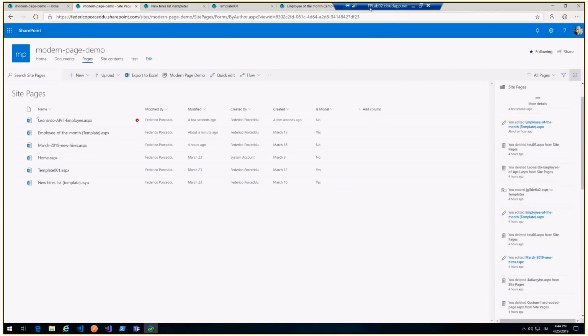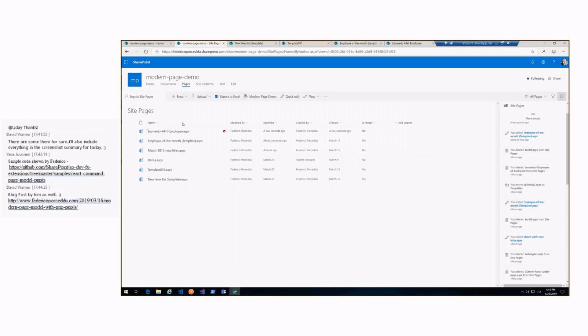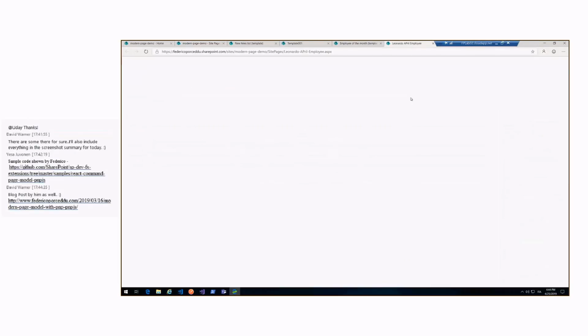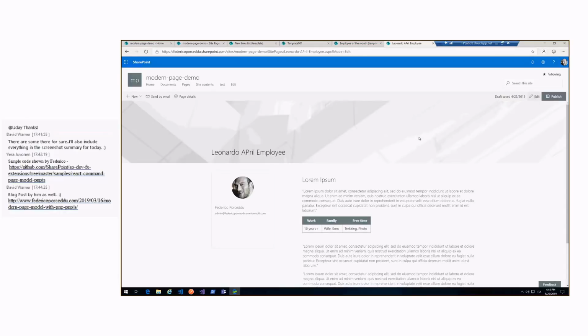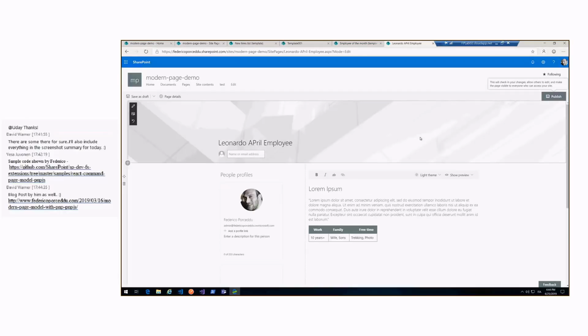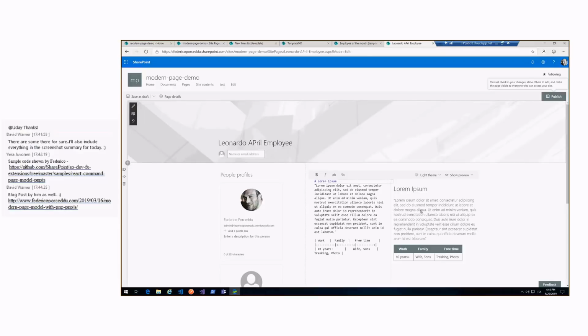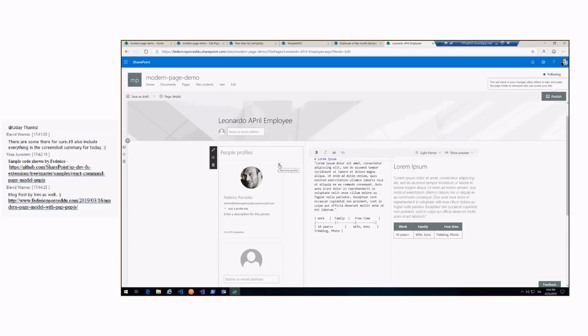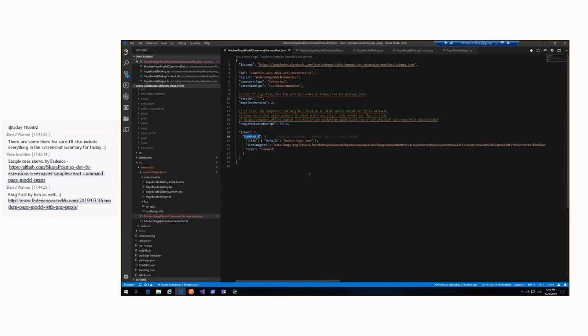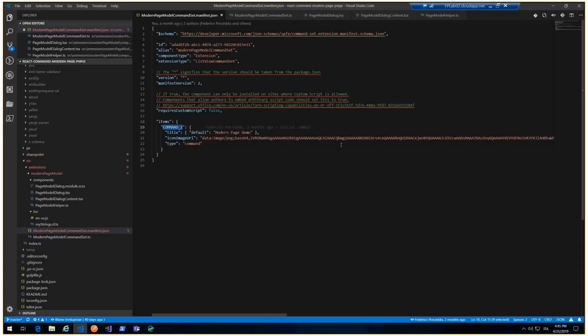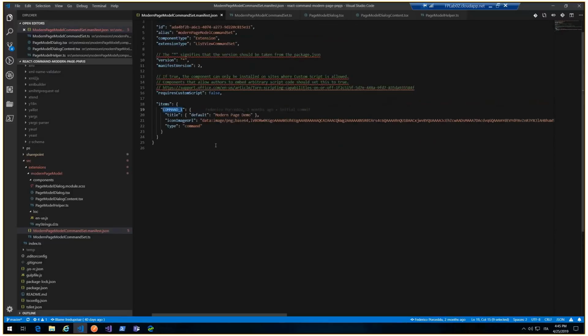Okay. Perfect. So I can start to edit and modify this page, and this is a really good starting point. Modifying is better than creating from scratch. And let's look at the code, and my solution is published in GitHub, obviously. And we can start with this, which is a standard SPFx extension, and there is only one command,